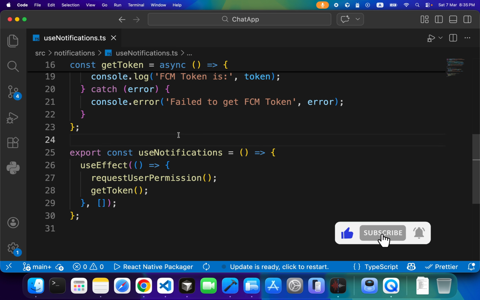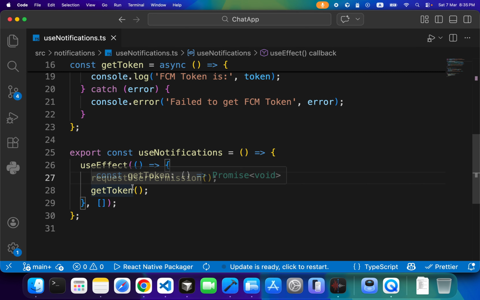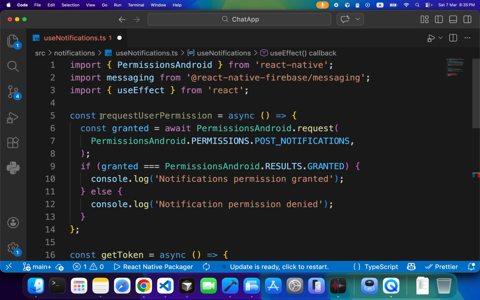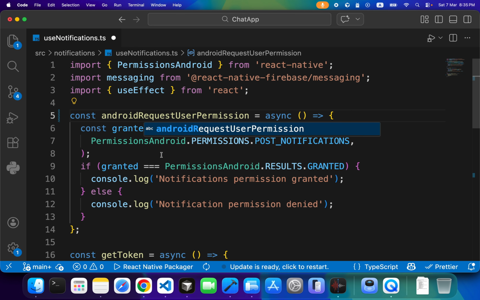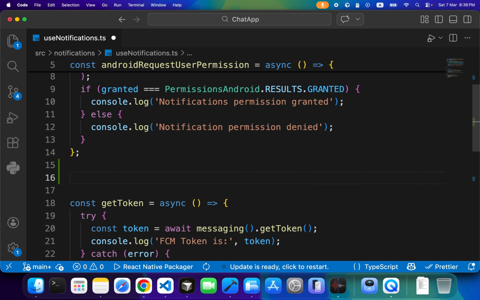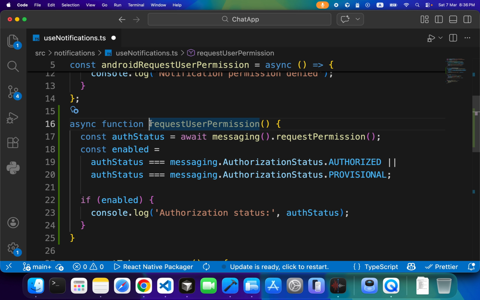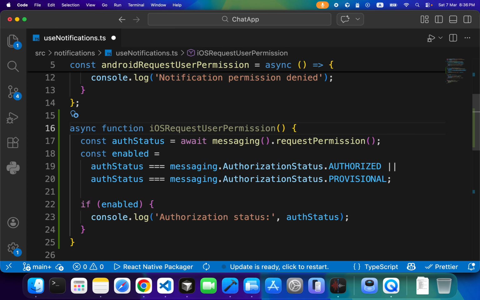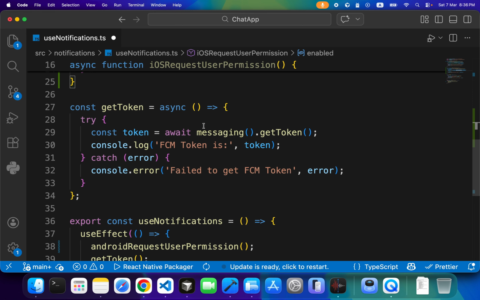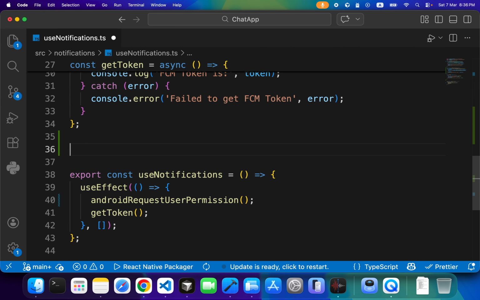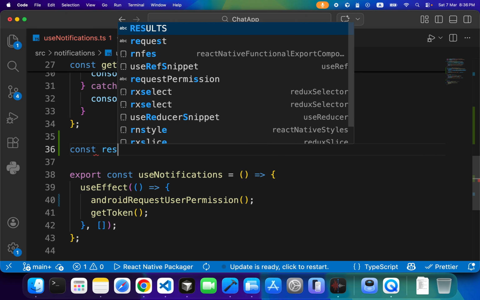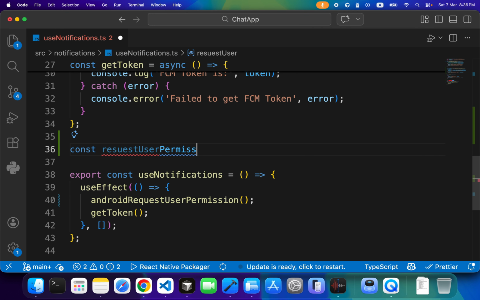But now let's make our code cleaner. And we're going to make our code cleaner by doing those two steps. First step is renaming this function. That's for Android, so we're going to make it androidRequestPermission, and up here also androidRequestPermission. And the second function that I have copied from the documentation from here, I'm going to name it iOSRequestUserPermission. Okay, and down here, I'm going to create another function